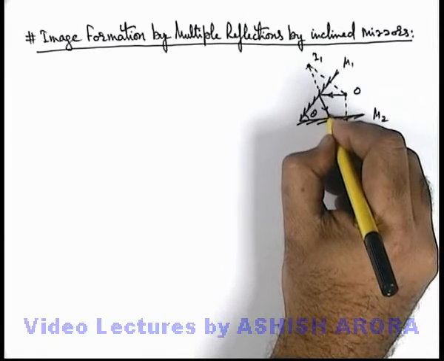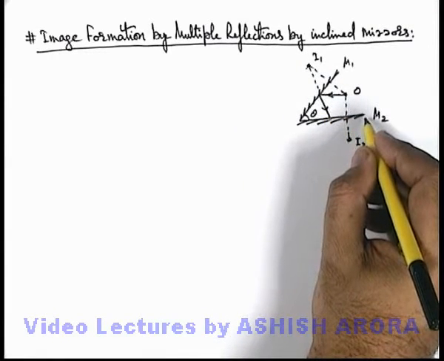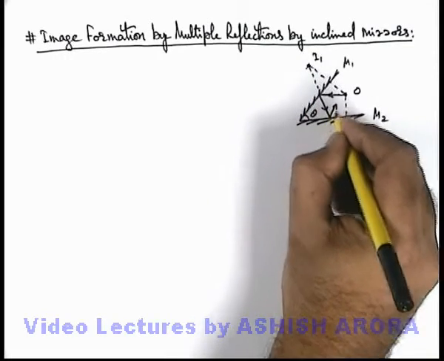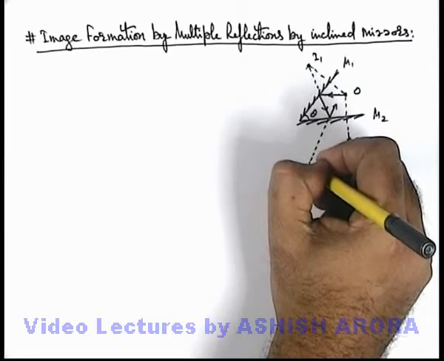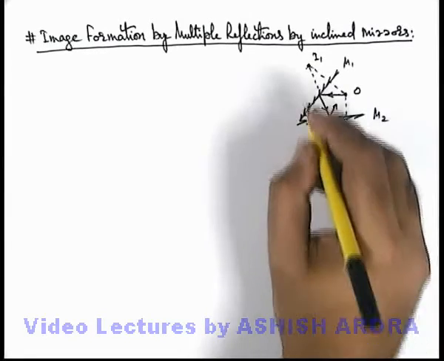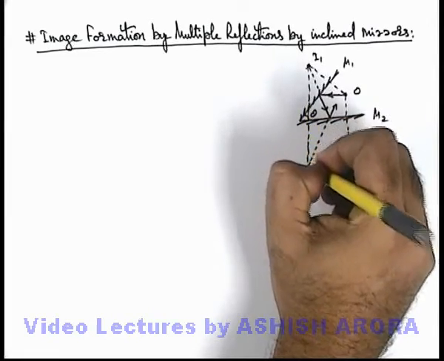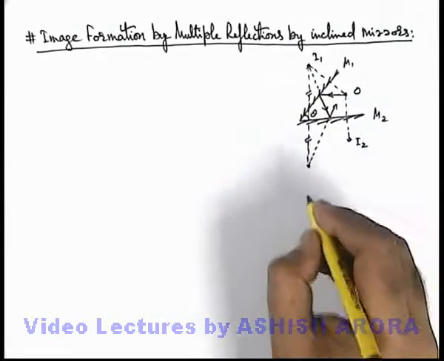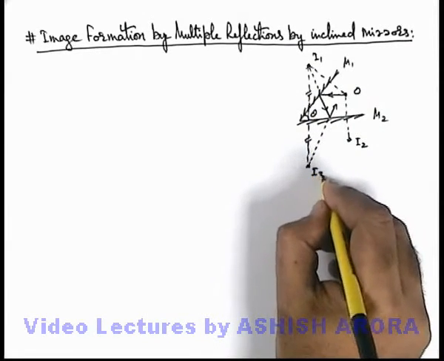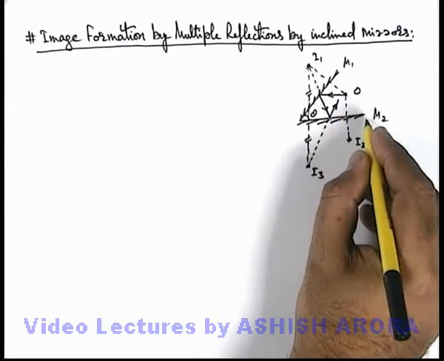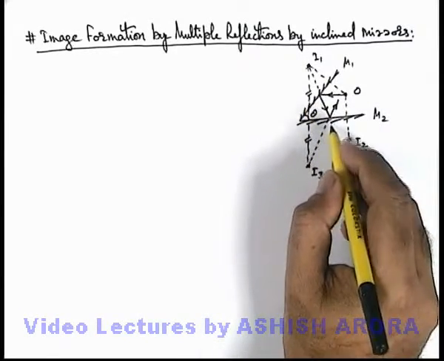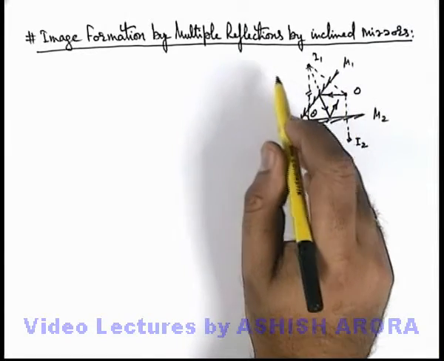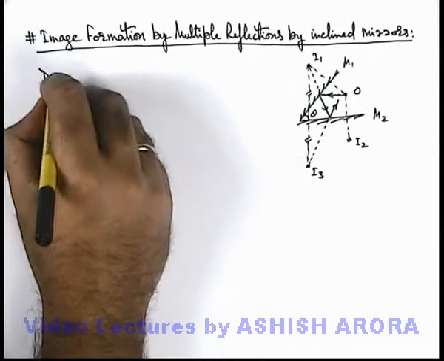And when this light ray is again incident on mirror M2, this image I1 will act as an object for mirror M2, and it is reflected in such a way that it appears to be coming from a point exactly at the same distance behind mirror M2 at which I1 is positioned in front of mirror M2. So this point can be written as another image I3, which is produced by mirror M2 by considering I1 as an object. Similar to this, I2 can be considered as an object for mirror M1 and another image can be produced. So here we can write,